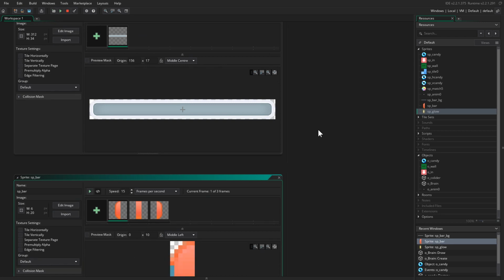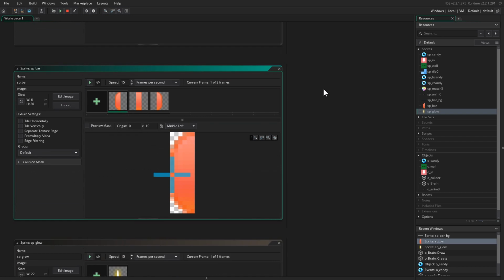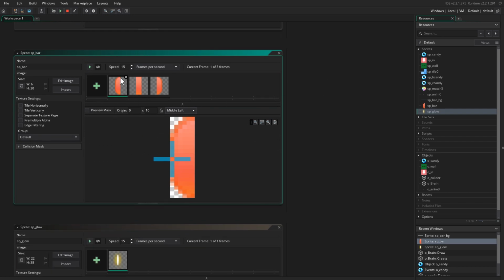It's very important to pay attention to the size of these sprites. Now, the bar itself is 300 pixels. You might see that it says 312, but that is this white border. The bar itself is 300 pixels. And the starting part and the ending part together are 12 pixels, because the width is 6 here. And we are going to extend and shrink this middle part to represent the bar,